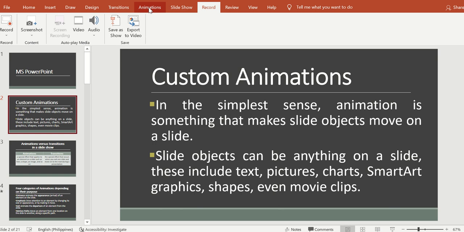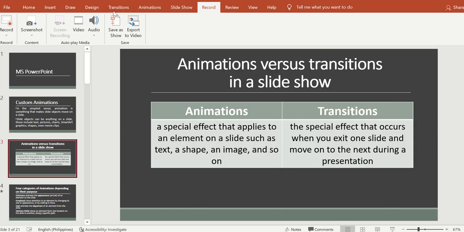Okay, so we also have what we call transitions. Let us first talk about the difference between animations and transitions. When you say animations, it is a special effect that applies to an element on your slide. Whereas transition is a special effect that occurs when you exit one slide and move on to the next during a presentation. To put it simply, we know that animation will have a special effect on any object inside